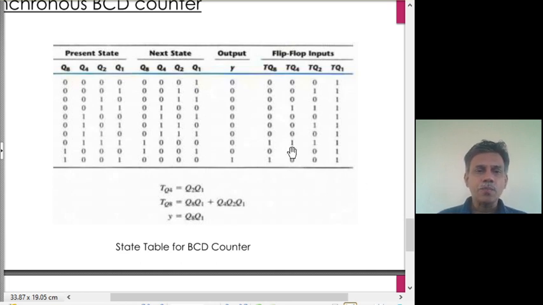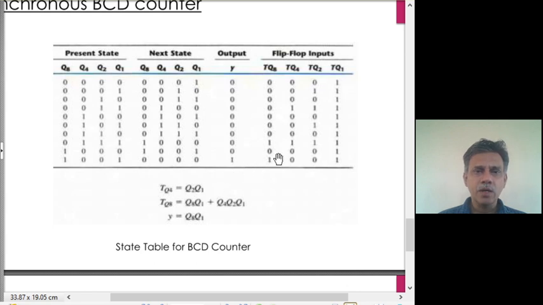Coming to TQ4, instead of going through the K-map, we can just look at it and write out these. These are the only two places where there are ones. How do we write a Boolean expression for TQ4? If you look at what is unique for this one, when this is 1, Q2 and Q1 are 1. Similarly, in this bit, Q2 and Q1 are 1. And these are the only two bits for which both Q2 and Q1 are 1. So, we can write TQ4 is equal to Q2 and Q1.